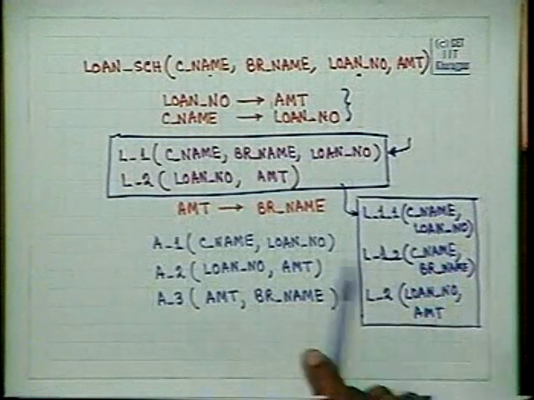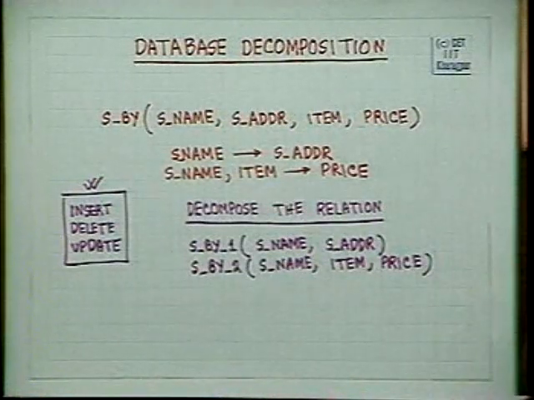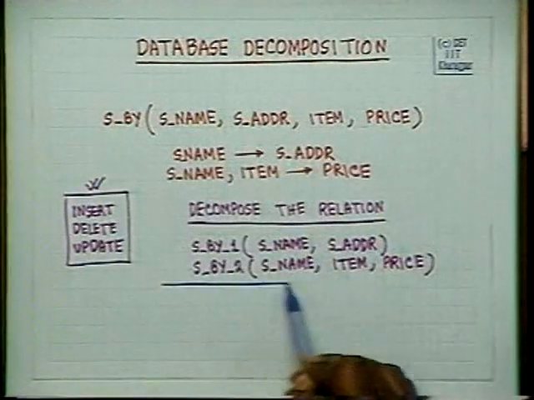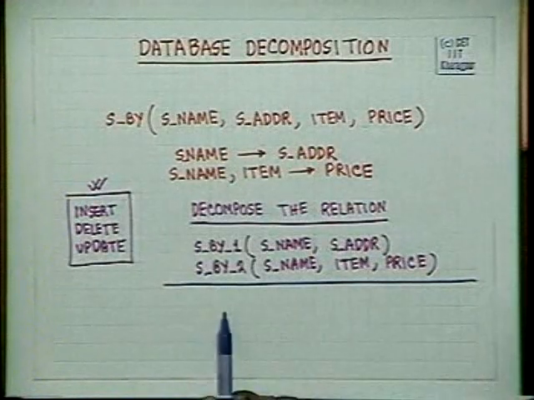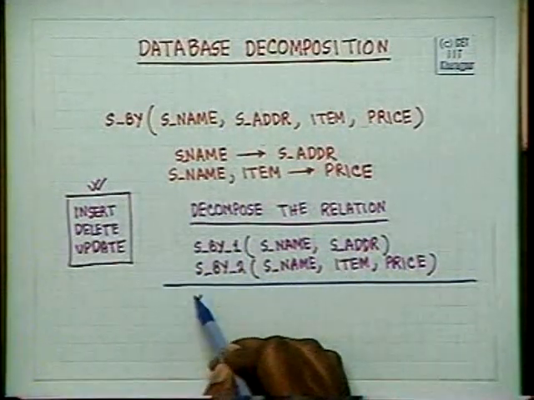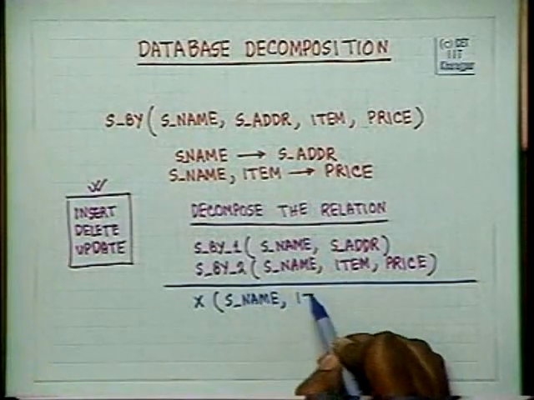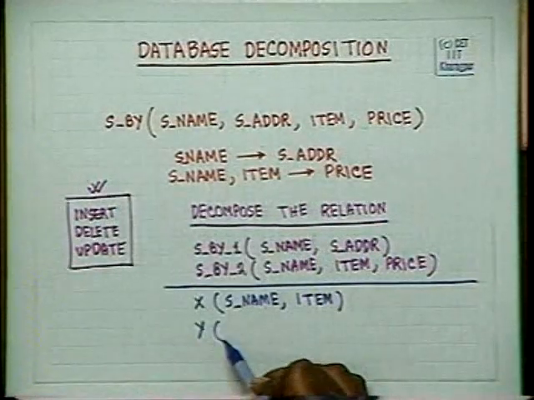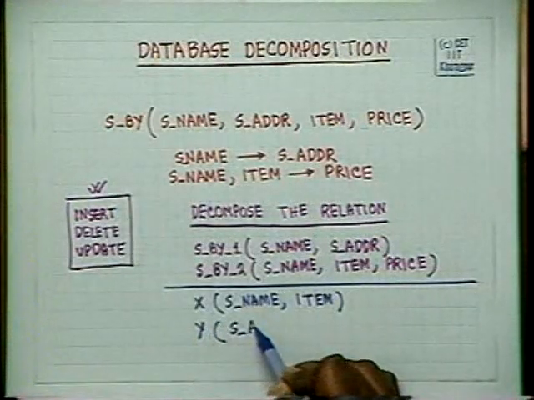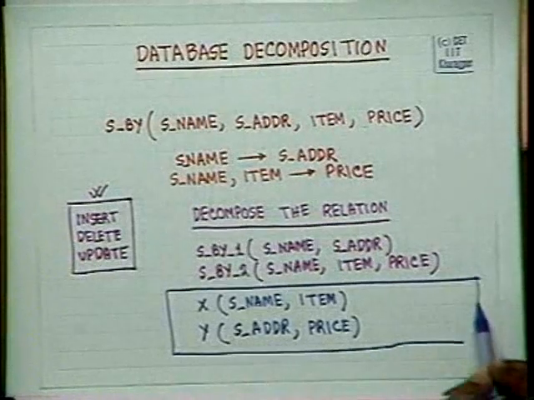So these are some intuitive ideas about how we can decompose a relationship, and we will get back to what we have done just now to see what are the bad ways of decomposing a relationship. Let us revisit this example. We have seen in our previous discussion that we cannot arbitrarily break up a relation in any way at all. For example, here we have broken it up into 2 like this, but if we broke it up into X, which has supplier name, comma item, and Y, which had, say, supplier address and price, then this would be a grossly incorrect way to decompose a relation,